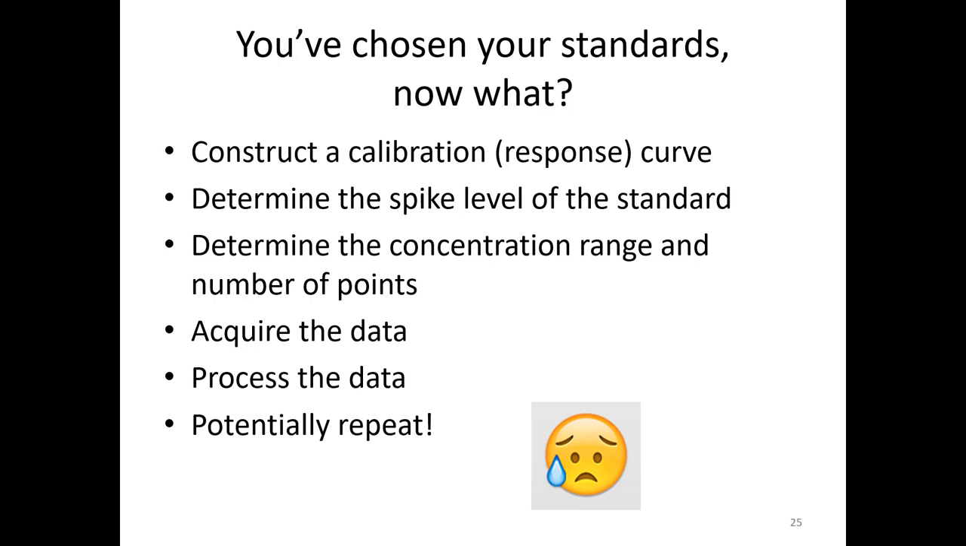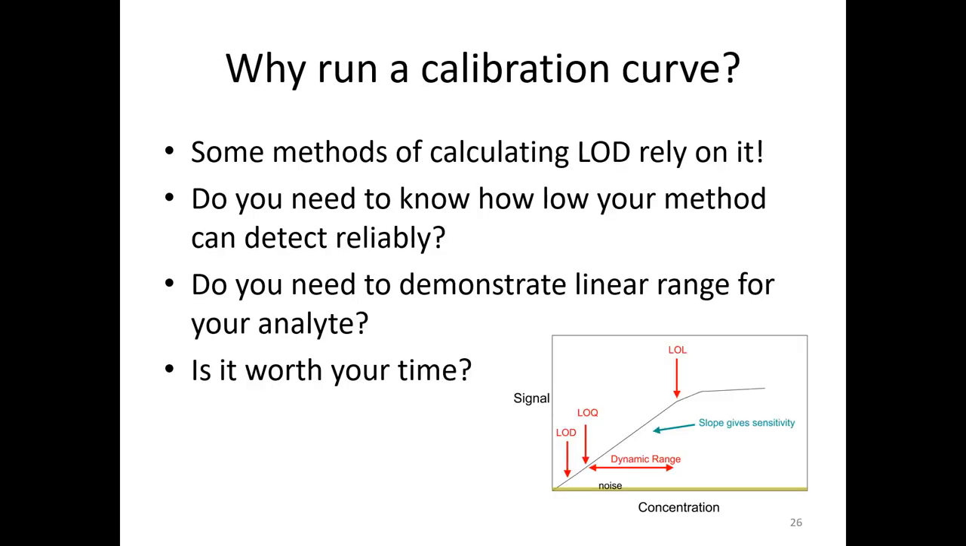So what I normally do is I'll construct a response curve. I'll take my standards and I'll take my sample matrix and I will see what the response is over a range of concentrations. Here I can use that information to determine what spike level of that internal standard I will use for my samples because it's something I want to see consistently every time. And then this will also help me determine the concentration range and number of points for generating my figures of merit, like linear range, limits of detection, limits of quantitation. I acquire that data, process the data, and then usually have to repeat it. So, as with many terms,